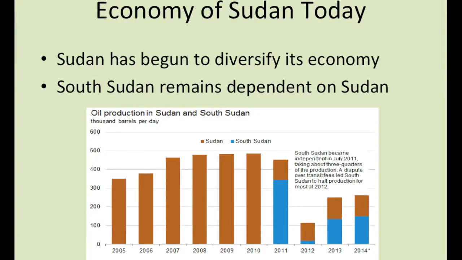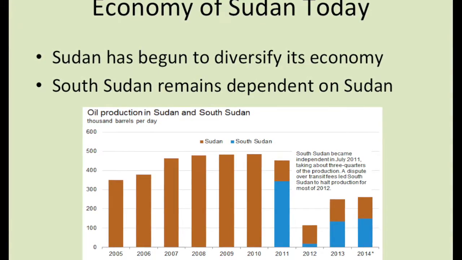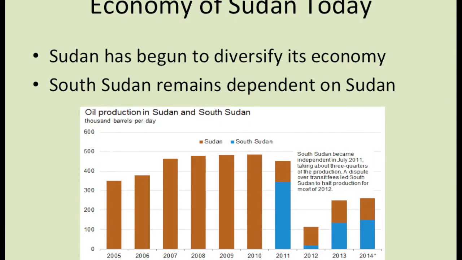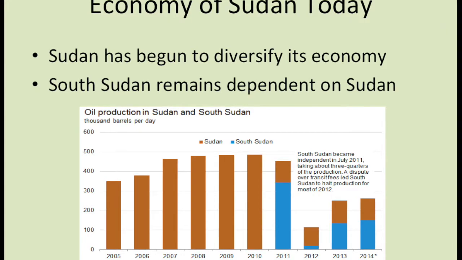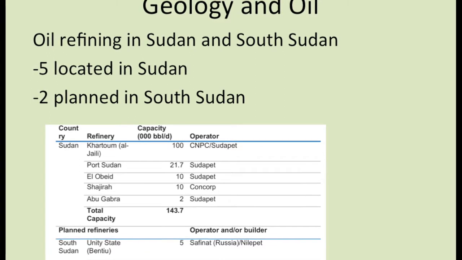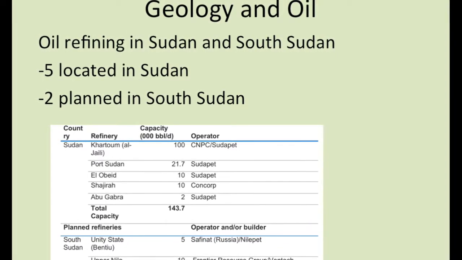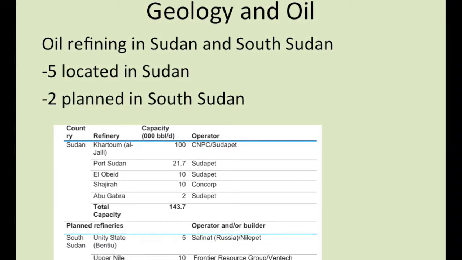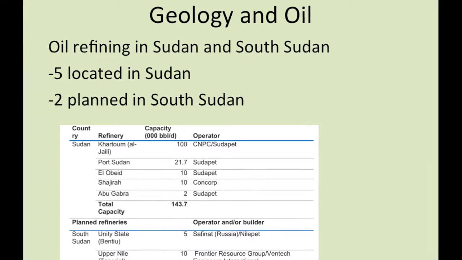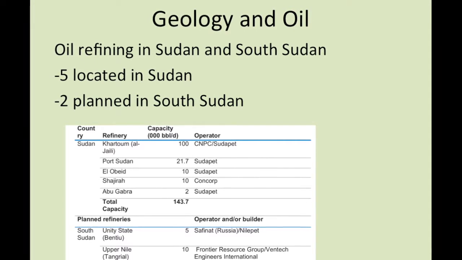Civil unrest in South Sudan has forced them to stop production several times in the past and continues to be an issue. Also, South Sudan's production efficiency is limited by Sudan due to the fact that Sudan controls all existing pipelines. Although the majority of the proven reserves in the Sudan and South Sudan area are located in South Sudan, almost all refining takes place in Sudan. The 5 refineries that are located in this region are Khartoum, Port Sudan, El Obeid, Sharjah, and Abu Ghraib. These are all located in Sudan.